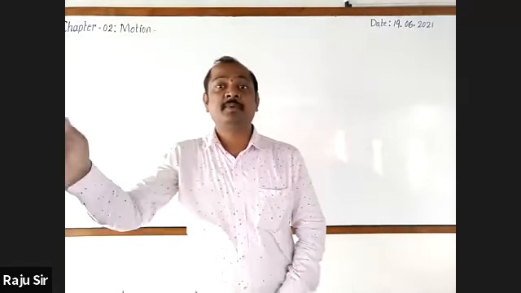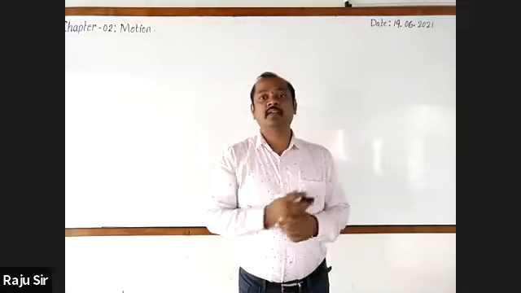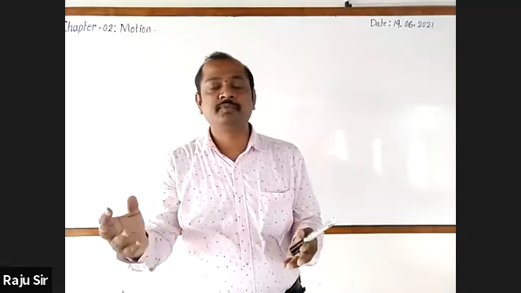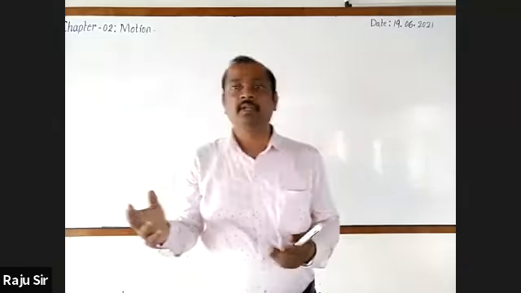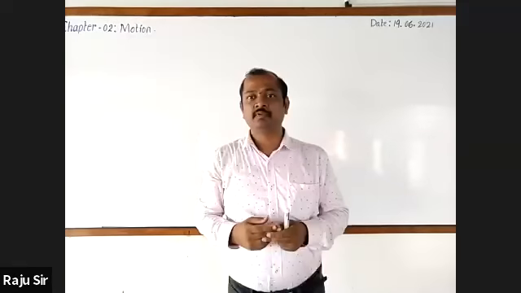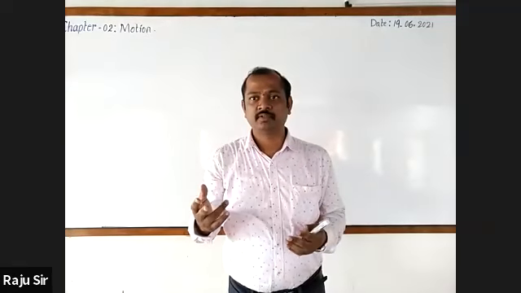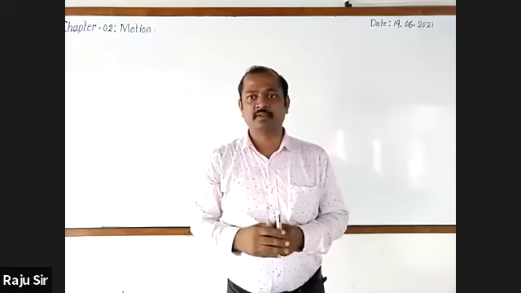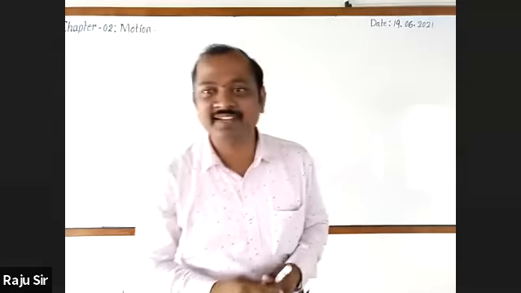You all know that yesterday we came across an important concept of this chapter. It is representation of the motion in the graph. Could you tell in how many ways the motion of an object or motion of a body can be represented in the graph? In how many ways? 1, 2, 3, 4. Which option? Yes, very good.